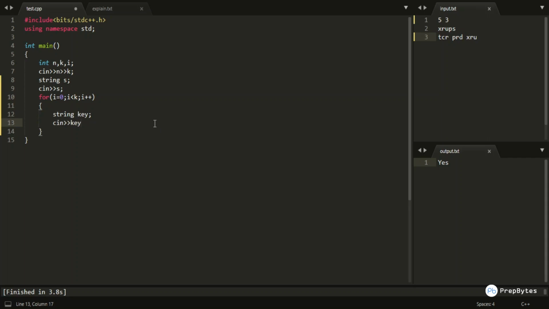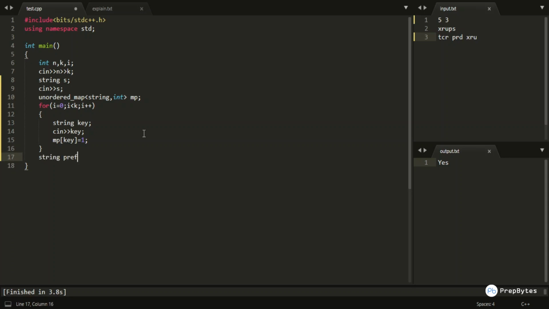And at the same time, I will use a map. Okay, I will declare a map of string to int. In Java you can use a hash map, and I will map this particular key to 1, okay, in my map MP.